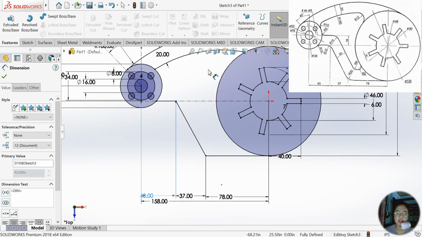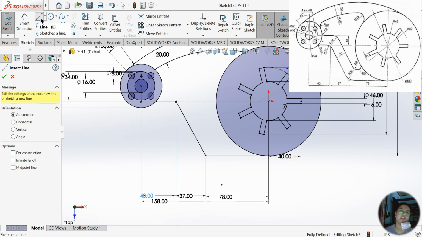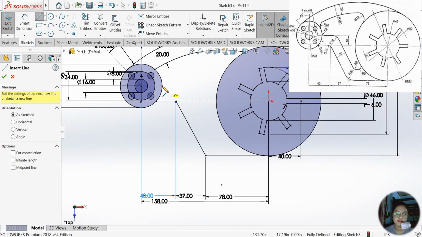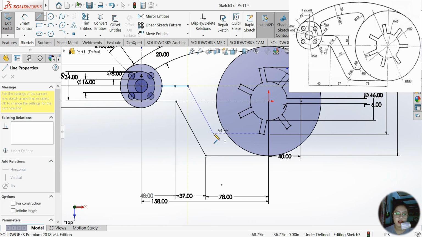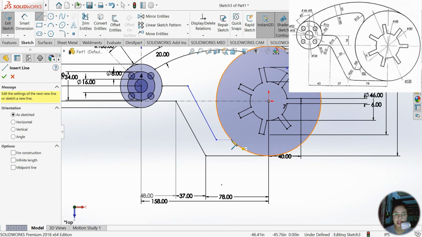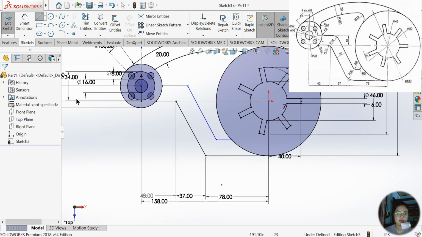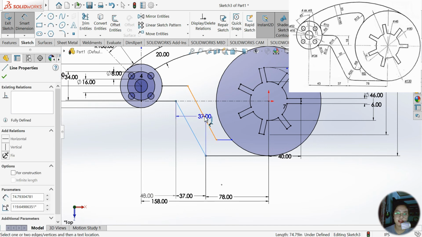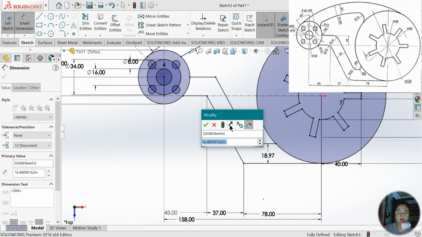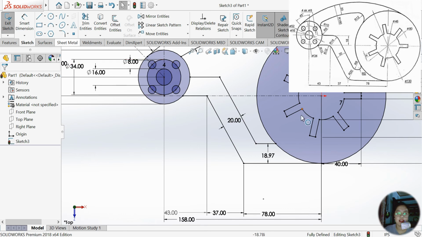So the next thing that we need to do is that sketch again, go to the command manager and to the ribbon, here, make a line here, a line here, and again a line starting from here to end point, and smart dimension these two lines, enter 20, just like that. So I think we are done with that part,